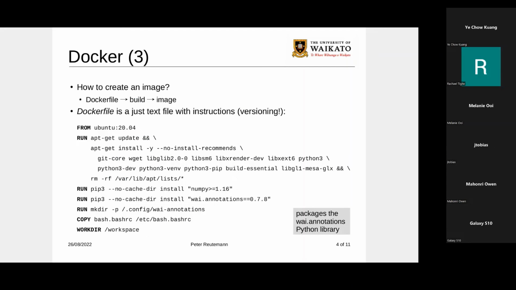How do you actually create an image? Well, that's really, really simple. You have a Dockerfile, then you call build, and you get your image, if everything works out, of course, and there are no errors. The Dockerfile is really just a simple text file with instructions, and that makes it nice to add under Git or any other version control system, where you can then track over time various versions of your Docker images. And below you can see,